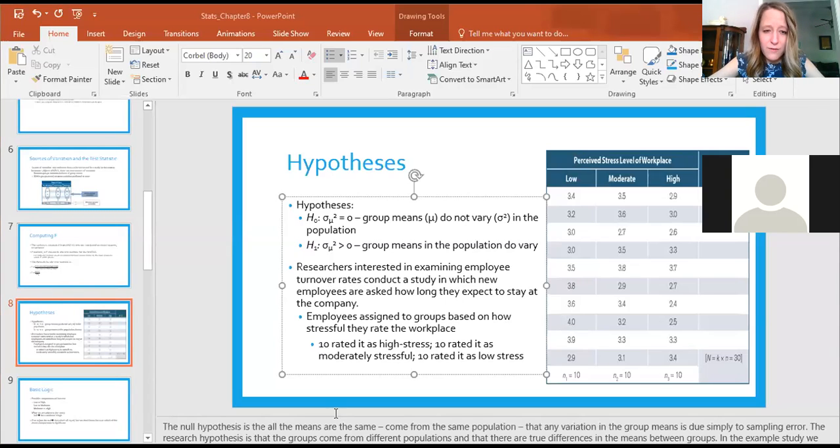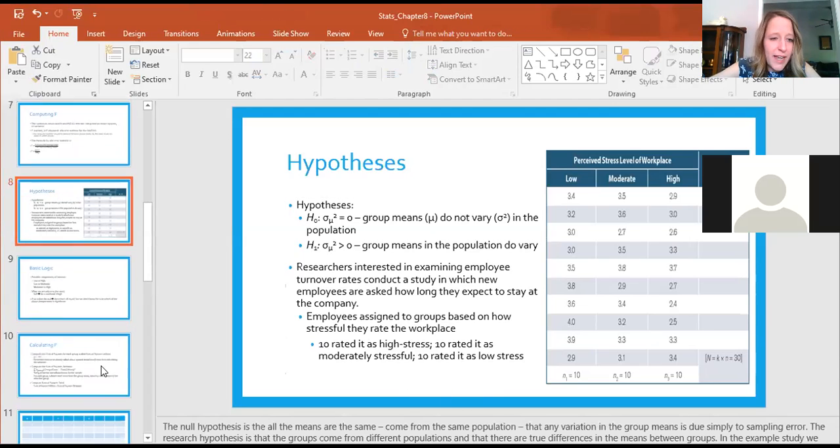Any questions so far with just getting the means and the group means or the null or research hypothesis? No? Okay. Okay, cool. All right. So, oops, hold up. Okay. So we have